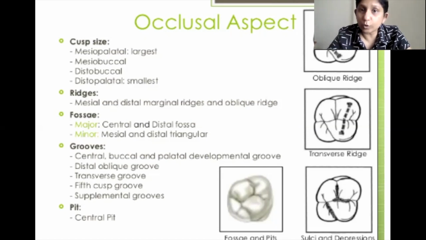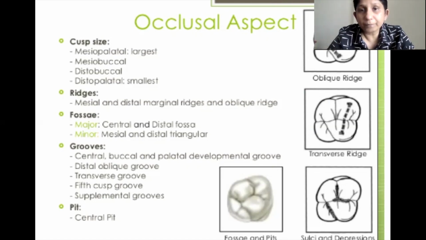Oblique ridge is seen on the occlusal aspect, and it very clearly states that it runs obliquely on the occlusal aspect. So you can see it out here where I'm moving the cursor, that I'm making a line which is oblique on the surface of the occlusal aspect of the tooth. So you just understand that the oblique ridge on the occlusal aspect of the maxillary permanent first molar